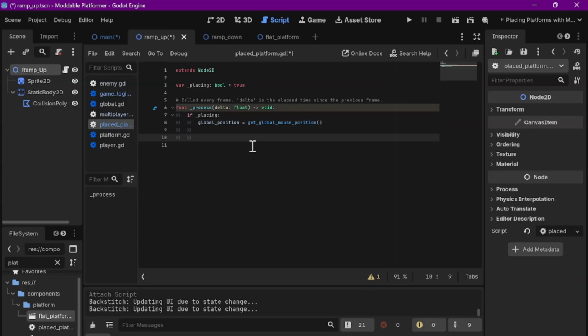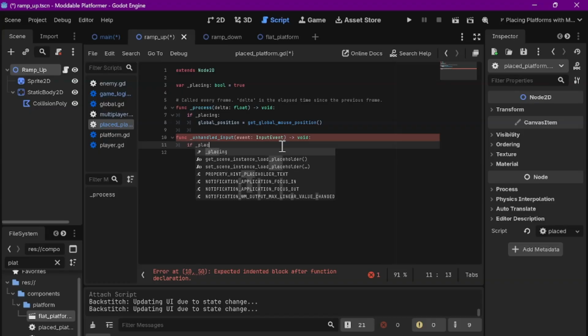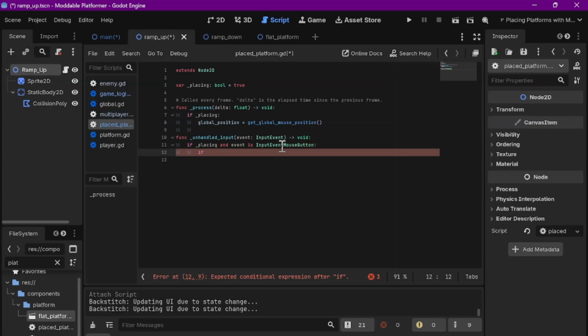Beautiful. Now, I'm going to make a new function. This function is going to be called unhandled input, which is a pre-made function. And we're going to say if we are currently placing and the event is an InputEventMouseButton, we're going to say if the event's button index is equal to mouse button left, if we left click